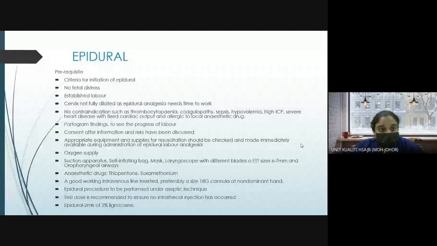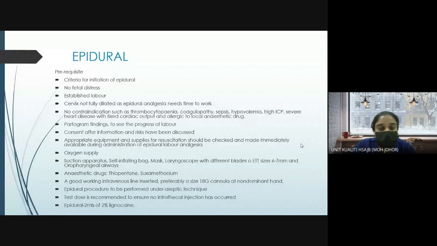Coming to epidural. This is mostly done in patients we suspect for severe PE or cardiac problems. The prerequisite for this is the patient in labor room, there's no fetal distress, she is in established labor, and the cervix is not fully dilated as epidural analgesia needs time to work. No contraindications such as thrombocytopenia, coagulopathy, sepsis, hypovolemia, high ICP, severe heart disease with fixed cardiac output, and allergy to